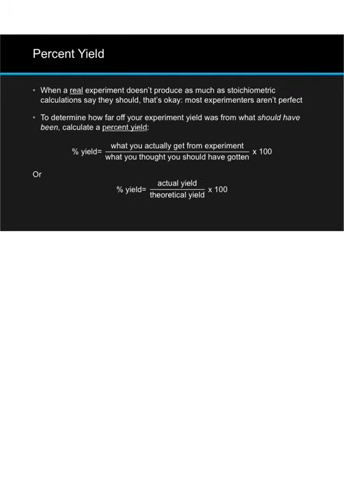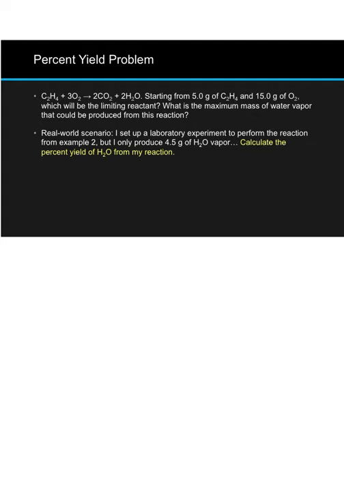A percent yield is the ratio of what we actually get from an experiment when we carry it out to what we thought we should have gotten from our calculations, multiplied by 100 to give us a percentage. It's the actual yield divided by the calculated theoretical yield, multiplied by 100. Given the previous problem then, if we actually carry out this combustion reaction and produce just 4.5 grams worth of water vapor, what is the percent yield of water from this reaction? The percent yield